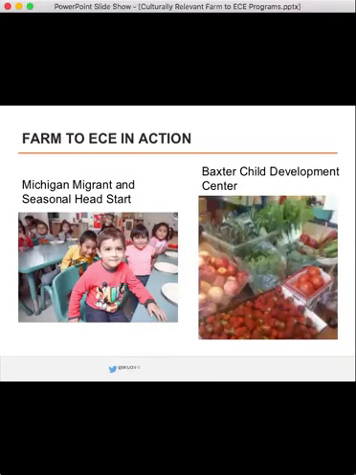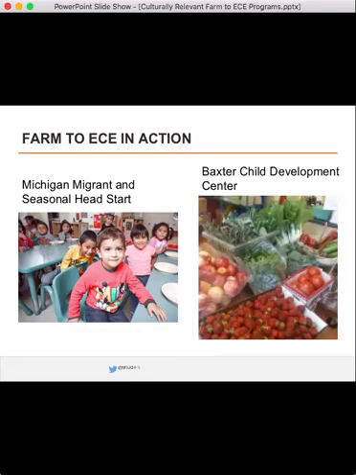A couple other examples I want to highlight from Michigan. Michigan Migrant and Seasonal Head Start, there are a few programs that have been increasing local food purchasing on the western side of the state and are really connecting with some of the farmers that employ their family members to be able to provide some local food in their programming. And in addition to that, they've coupled their local food purchasing with some field trips to local farms that employ many of the children's parents, which provides a really great connection and loop so that the children are really connected to the work that their parents are doing and have access to some of that food that they might not